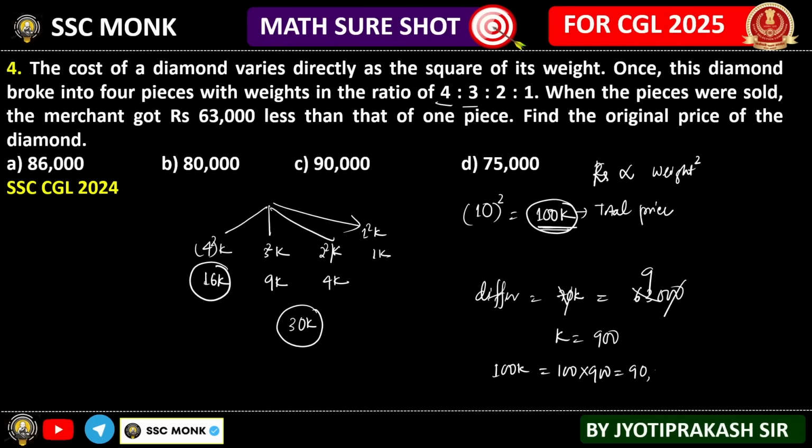That is equal to 90,000. Answer option C. Now see, at the time of solving the question, when you started reading the question, it seemed tough. It seemed complicated. Now, when you understand this whole thing, do you feel this is complicated? No. So that is what mathematics is all about. You should be as natural as possible and you will be able to solve it quicker and without error.